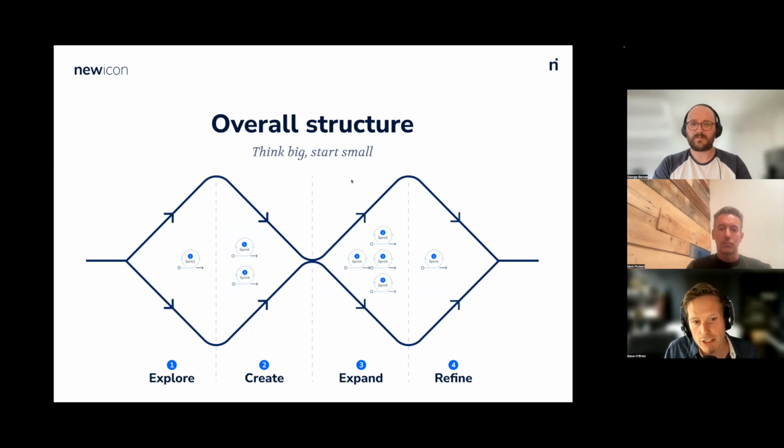Then we do the create phase, which is a very rapid design phase to really highlight the overview of what we're building. And then we expand, and this is where we flesh out the concepts that design overview is based on, and we deliver working concepts, which is quite important. So we're still delivering working concepts and proving those and fleshing out the detail. And then we refine, and this is where we chunk that up and we create essentially a product roadmap and a prototype per sprint.